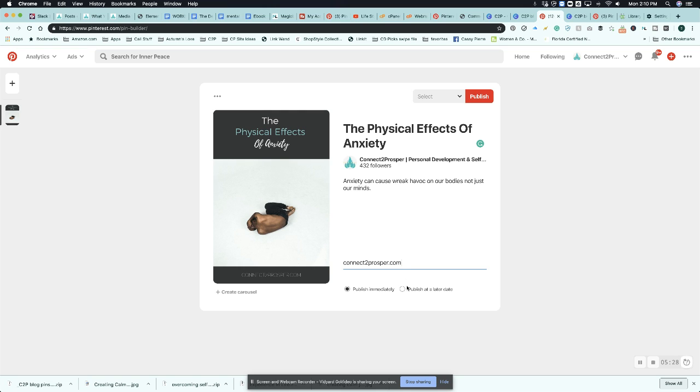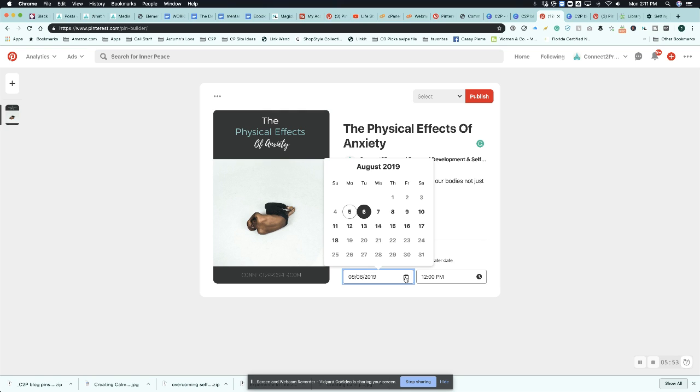Then here's the cool part. You have the option to publish immediately or publish at a later date. Now, just to give you a disclaimer, it is advised that if you're going to be doing this method, you do not want to constantly be posting pins only on your boards, because then Pinterest is going to view it as spam. So what I would advise, if you are part of any group boards, that you use this method to schedule out,